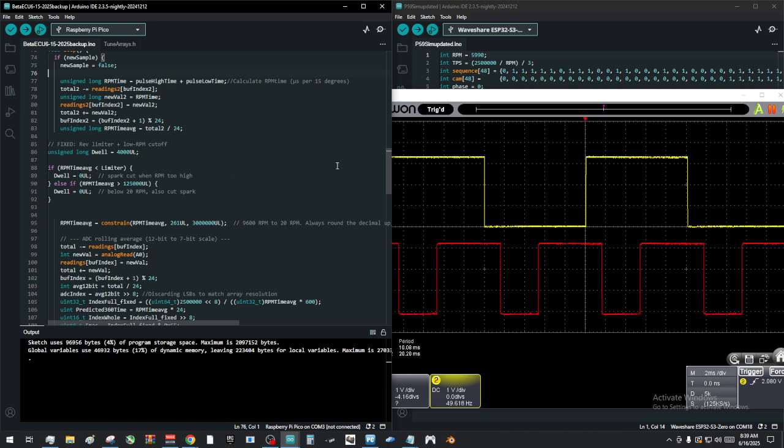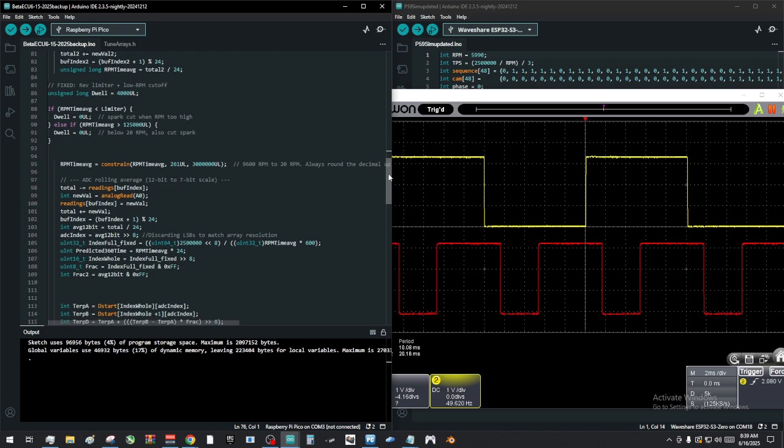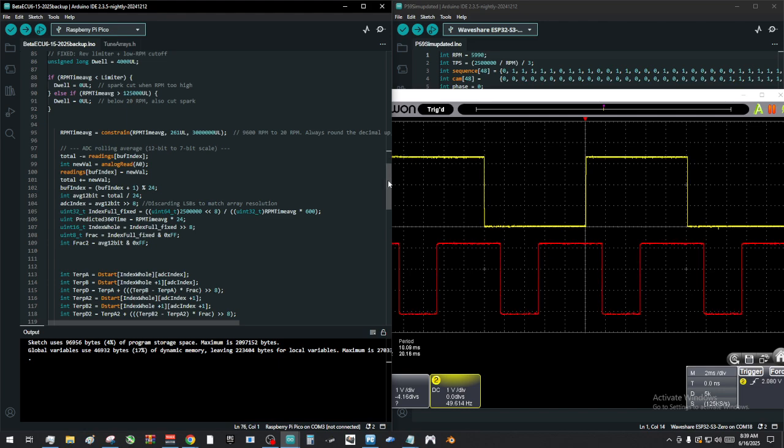Here's the high and low spark cut. Rolling average. EDC index. There's fixed point math. That's where there's this bit shifting, and then, alright, there's a good way to explain. The rolling average RPM time average here,